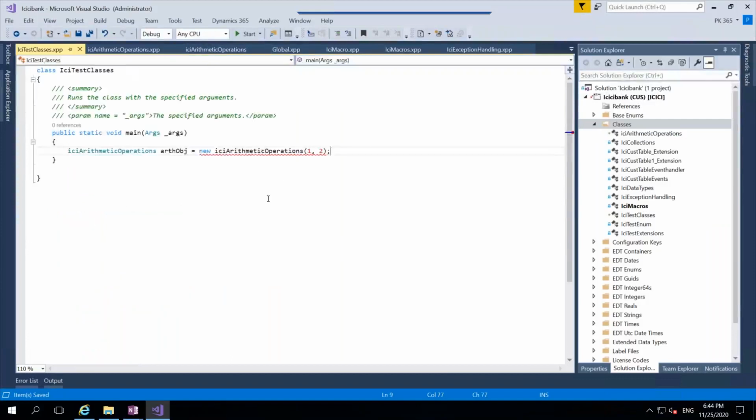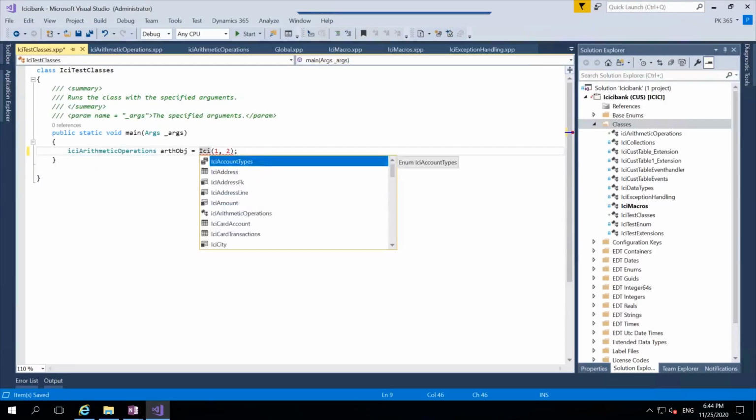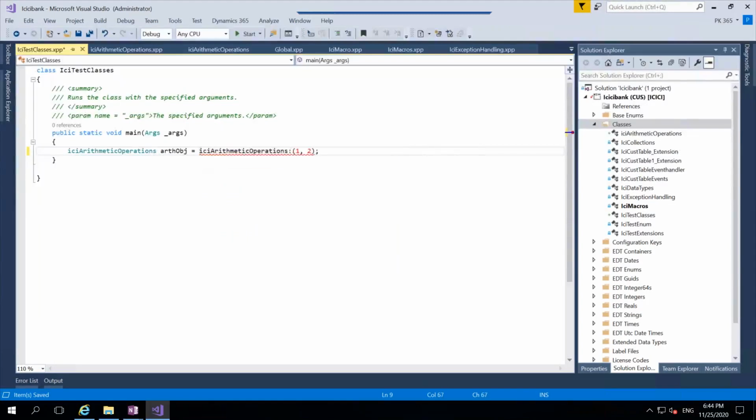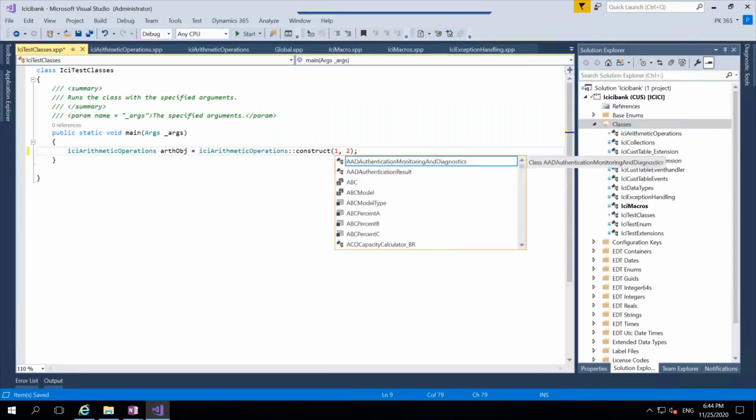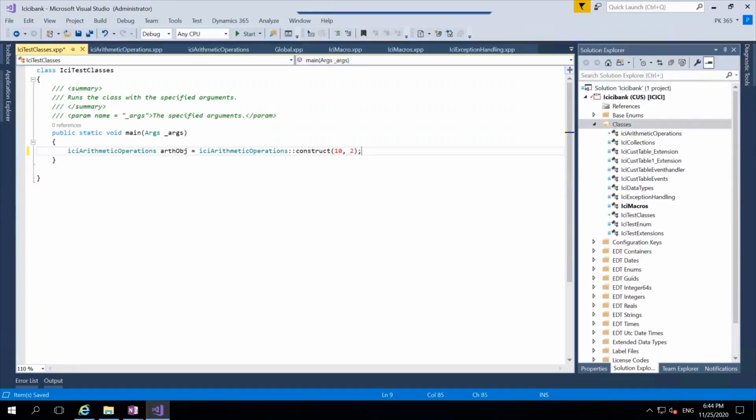So as it is not accessible, what do I need to do? I need to use the construct method. So how to use it? To call the static methods, you need to use the class specification colon colon construct. This is how you need to use it. Okay, and this is C. I will say C as 10 and then D as 2. Done. Next, I have the arithmetic object